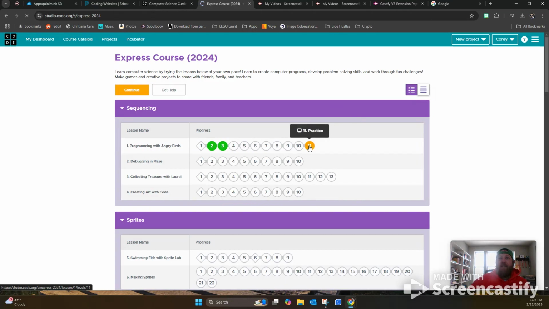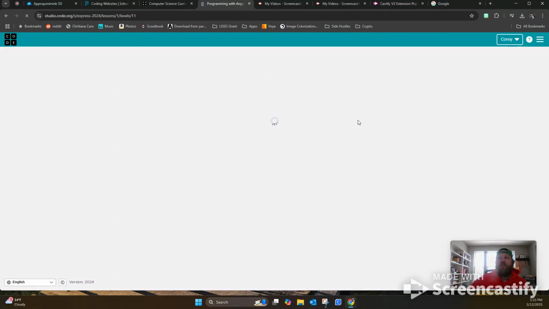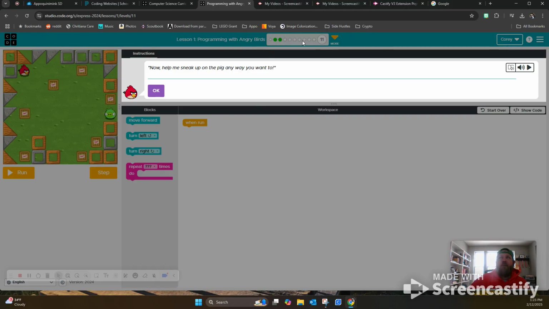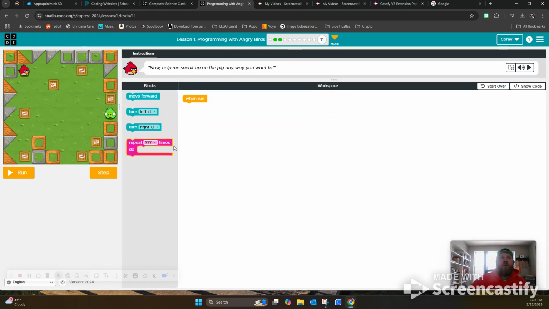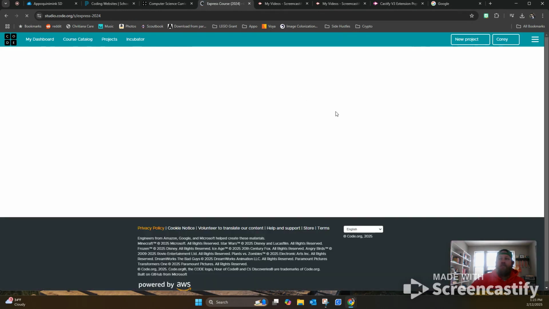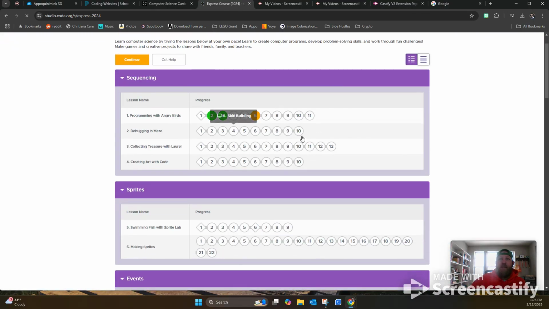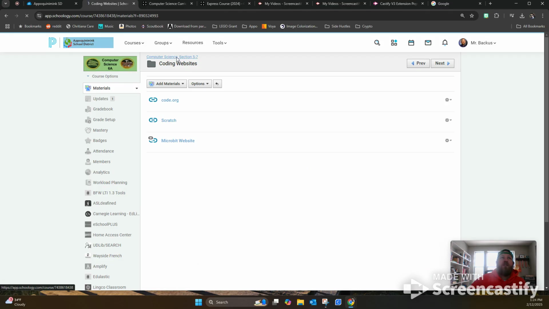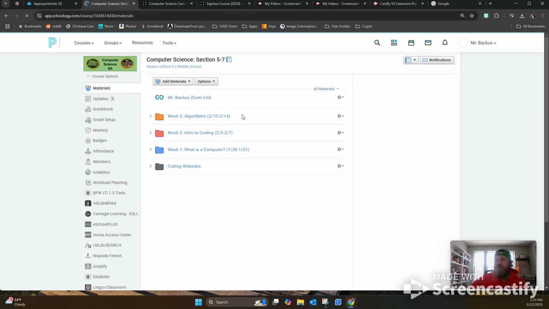So at the end of your lesson, you'll finish the last one and the whole line will be shown. You can also see your progress when you're in the lesson up at the top bar. So what you're going to do is screenshot this. It can be either this view or the unit overview. This page with a whole row of green circles and triangles filled in, and then in Schoology there'll be, in whatever today's folder is,